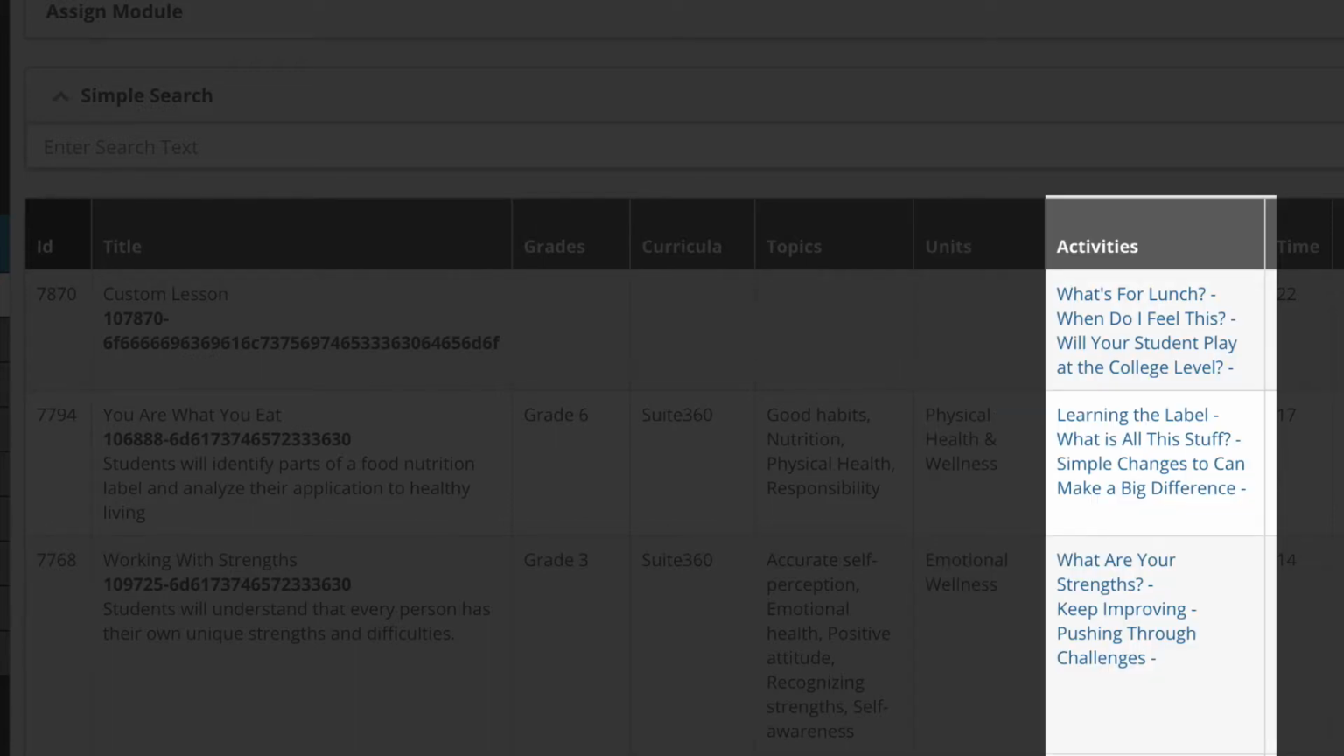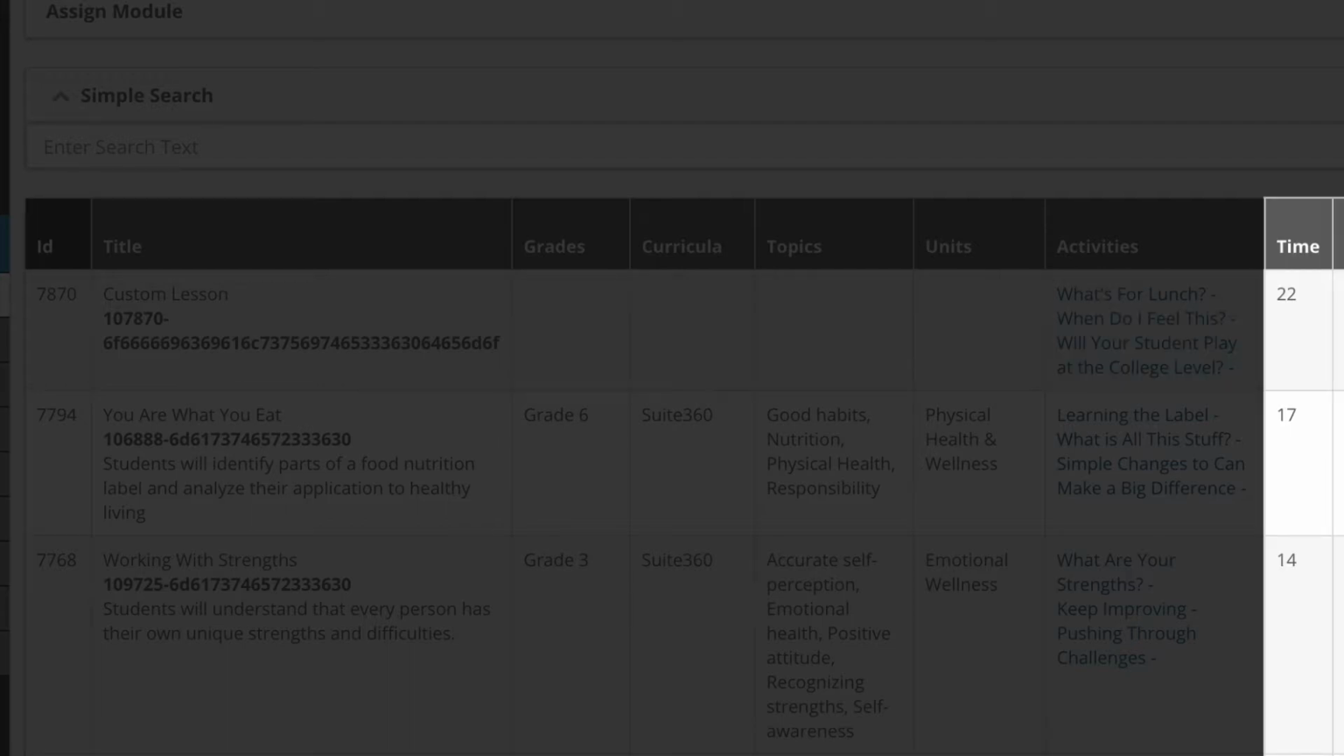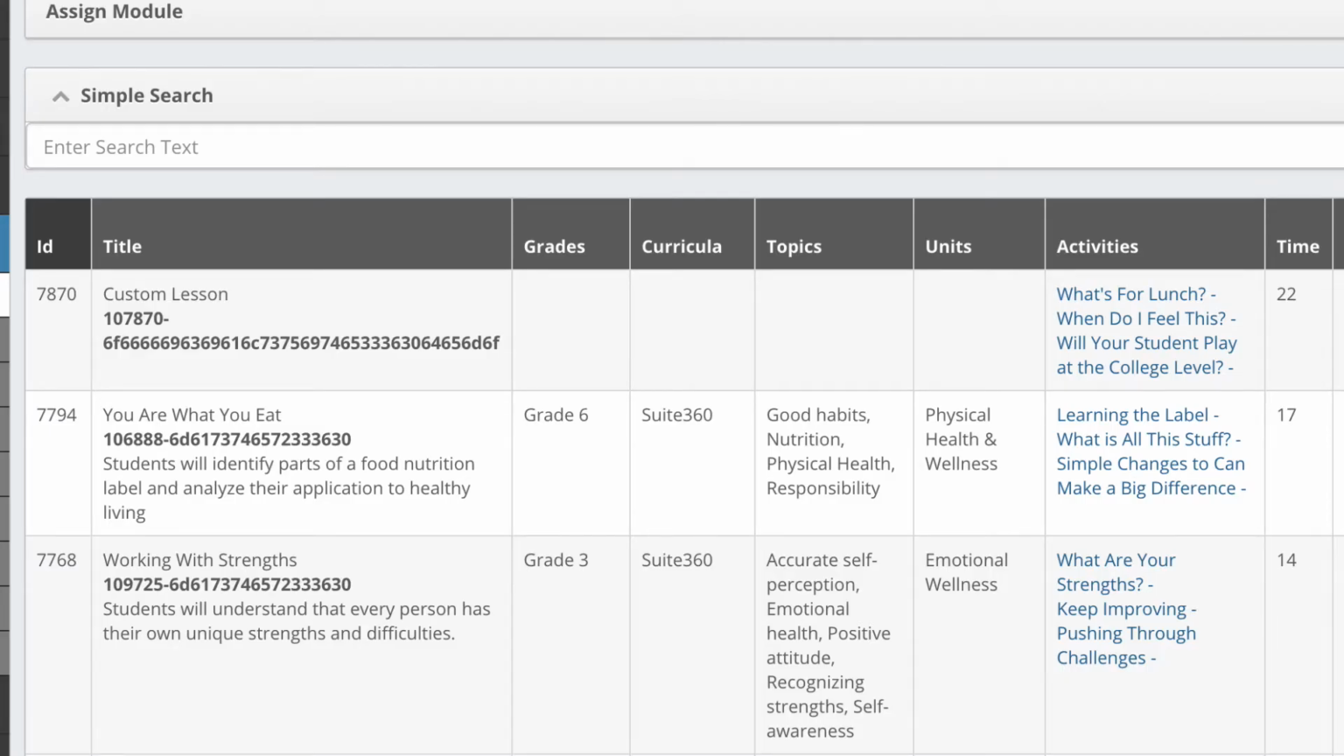Activities. Each lesson is made up of a sequence of activities. All of the activities in each lesson are listed here in the Activities column. You can preview each individual activity by clicking on the name of the activities. Time. The time column estimates how long a lesson will take a student to complete. Of course, actual completion time depends on the individual student, who can complete the lesson at his or her own